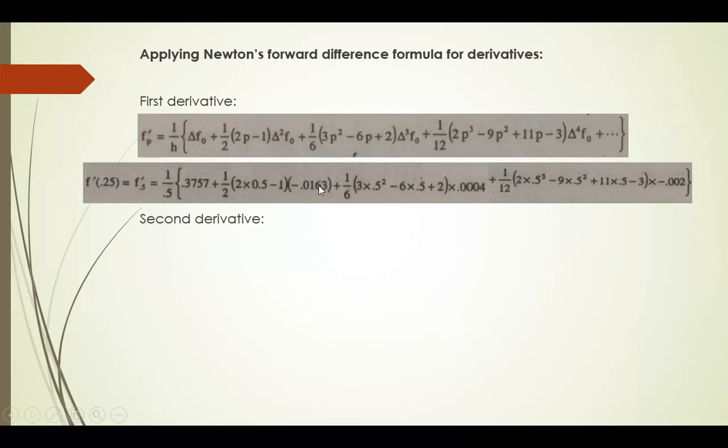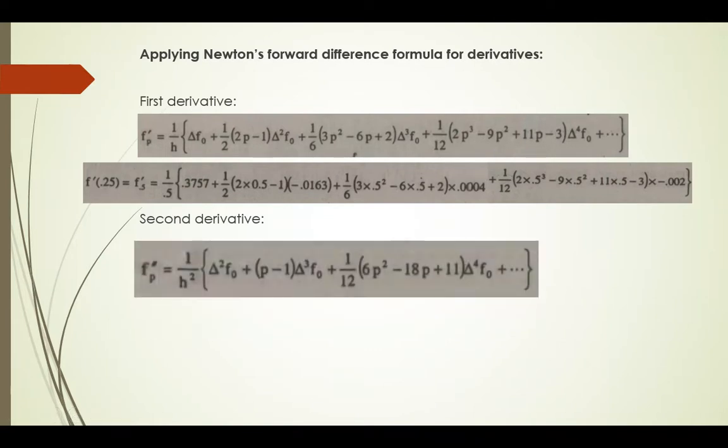Delta square f naught is this one from the table, p square 0.5 square, 6 multiplied by 0.5. Delta cube f naught from the table, p cube 0.5 cube, p square 0.5 square, p 0.5 minus 3. Delta 4 f naught from the table is minus 0.002. Now you need to calculate this equation. To simplify this equation,